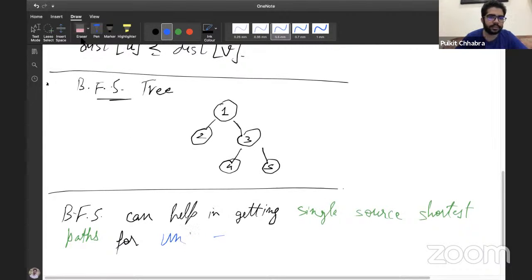Because if there are some edge weights associated with the nodes, then things are going to change. I hope that it is clear. Unweighted graphs.